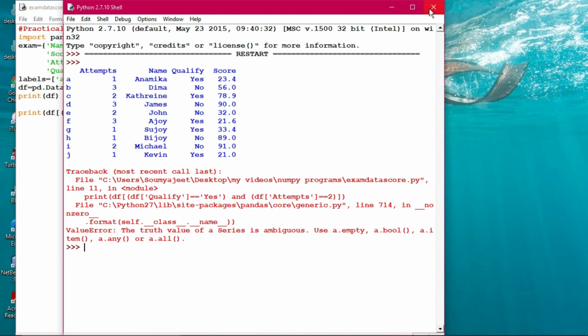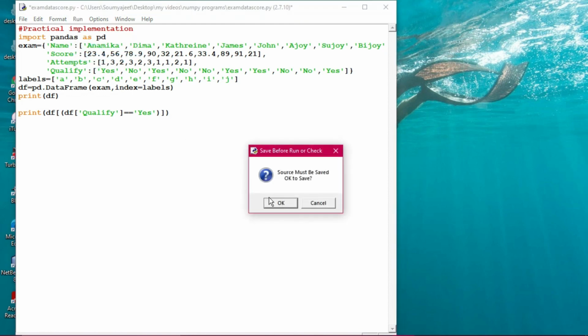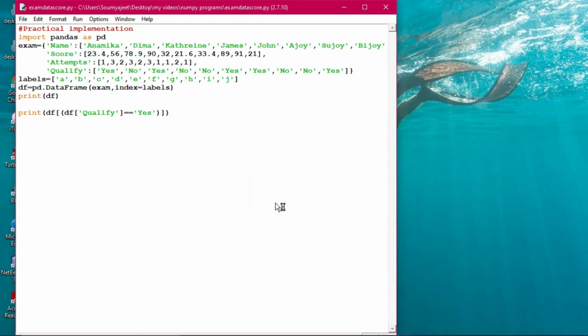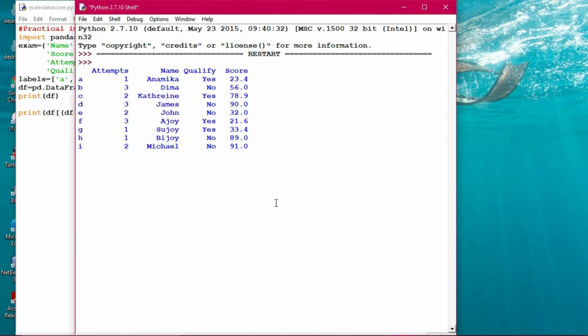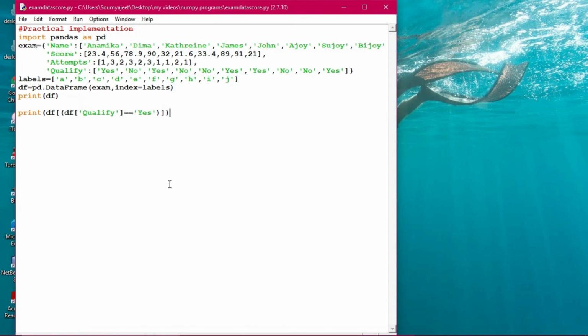We will go for some other options later on. Let us see, but this way it can be given. I will show you later. But this is just for qualify and yes, that we had done over here. So that has been printed. Whenever we are qualifying it, those who are qualified, their record will be printed only with the yes values. So multiple condition we will definitely check in the coming session.